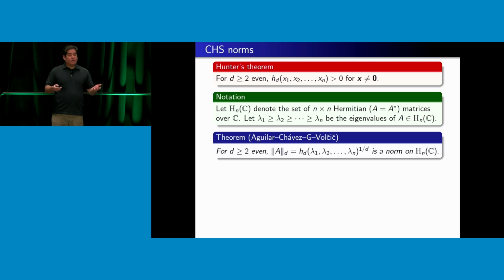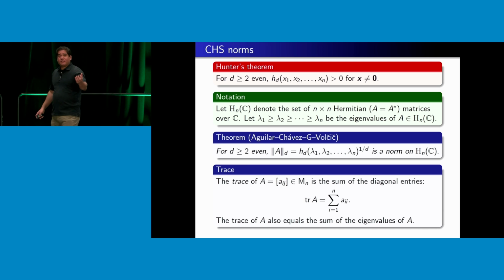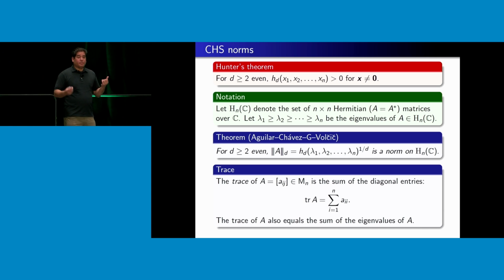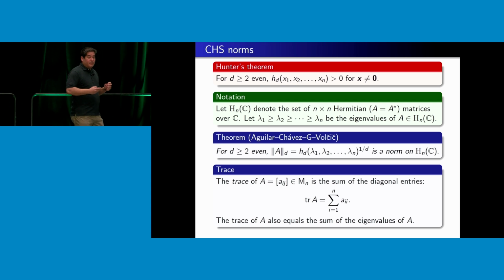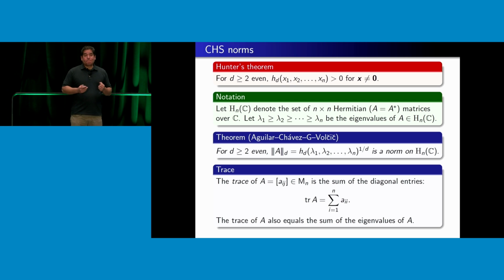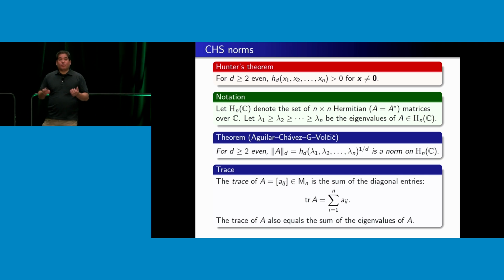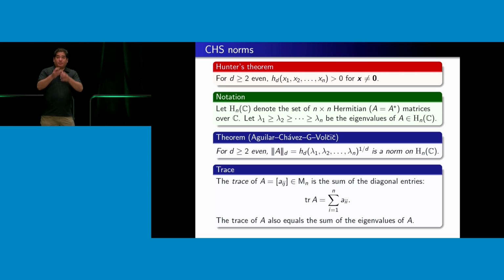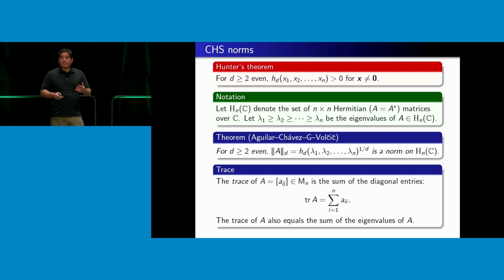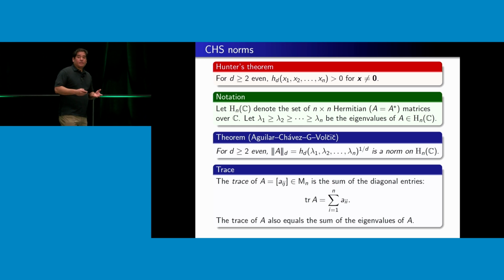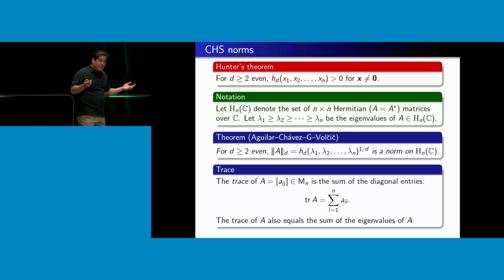So look at these weird norms. I want to connect this to some things that some of the linear algebraists will be a little happier with, and some of the operator theorists will like, and that is connecting this to trace polynomials. So the trace of a matrix, for the students, is the sum of the diagonal entries of the matrix. It seems like a silly thing to do, but one of the important things about the trace of a matrix, the sum of the diagonals, is that it's also the sum of the eigenvalues of the matrix. It's a pretty remarkable, cool fact.